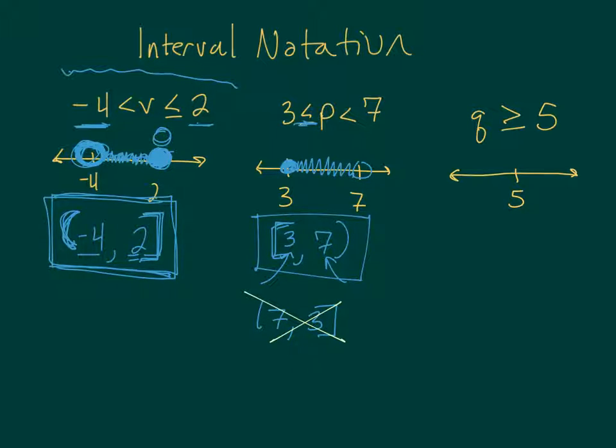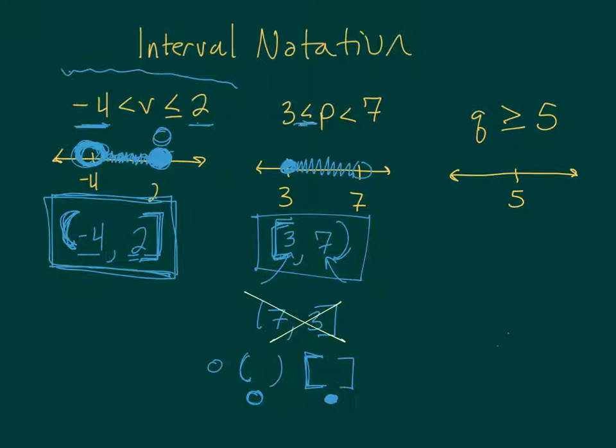I will say, too, if you're worried about remembering that the square bracket goes with the closed circle and the round goes with the open, I don't know about you guys, but these round brackets are easier for me to draw than this. I have to think about this. Just like this open circle is slightly easier for me to draw than this. It's not a great way to remember it, but it's how I did it when I was a kid. So that was easy. This was a little tougher.